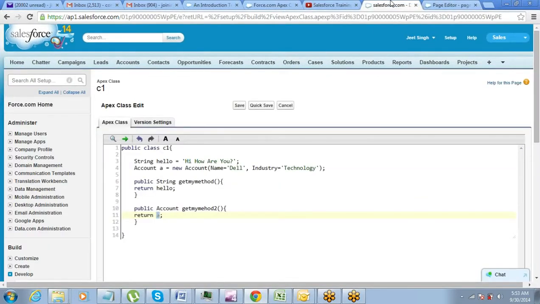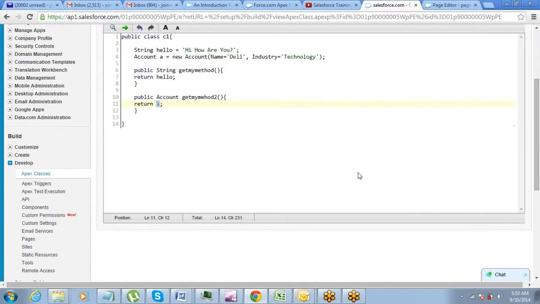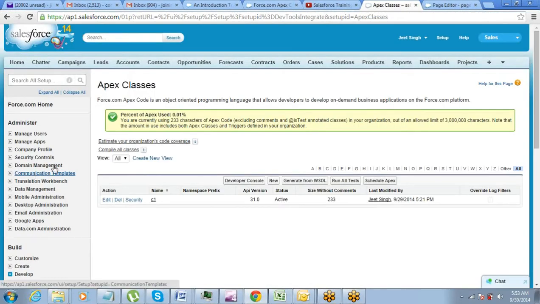All right. Now let's do another example. And this time we are going to use a list of sObjects. So instead of using a single record, let me create a list of sObjects and return the list.